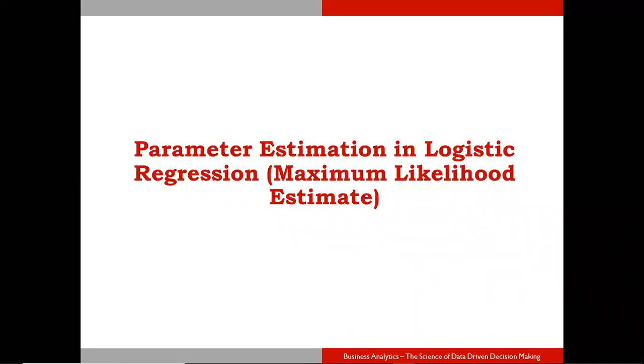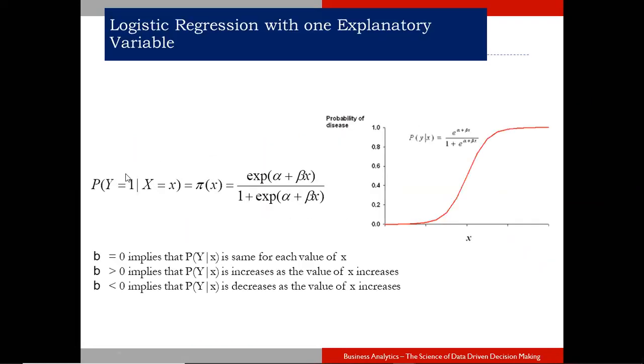Maximum likelihood estimation means we are trying to find the probability that the output will be 1, that is, the probability that my output y is equal to 1. That is why it is called likelihood estimation. Previously we had a continuous variable; here we are trying to find a probability value, as my output can be either 0 or 1. Using the parameters, we are trying to find the probability that my y is equal to 1.